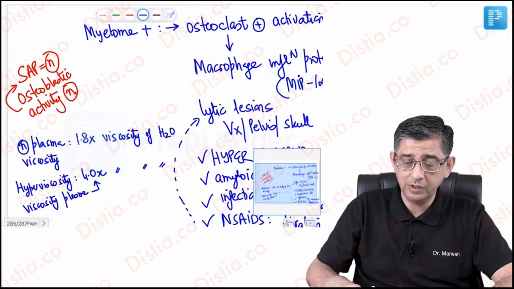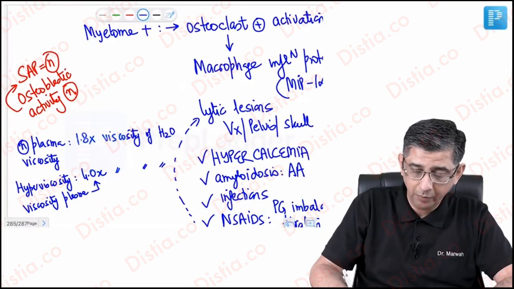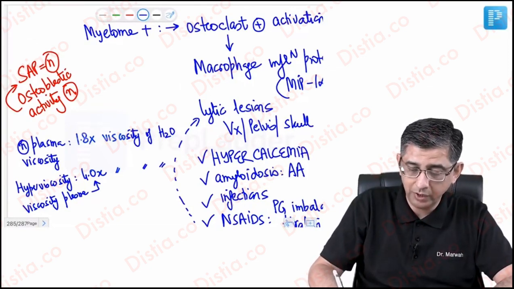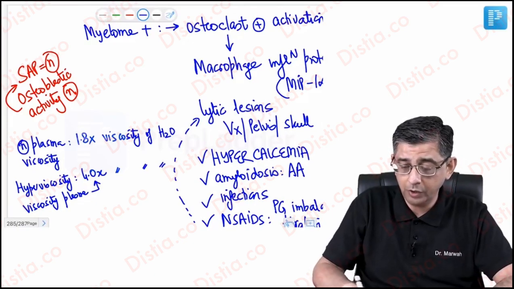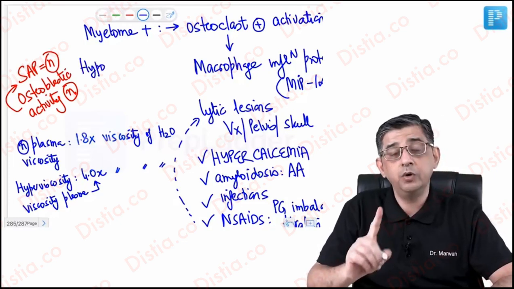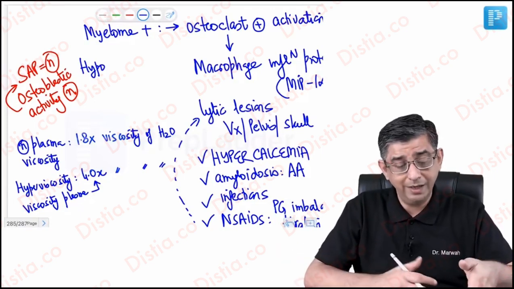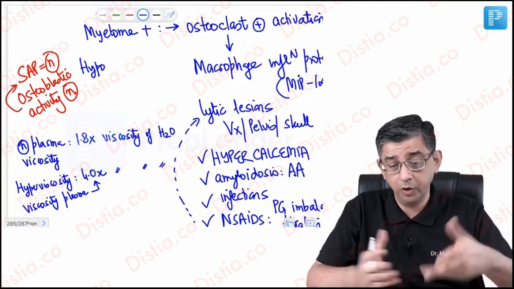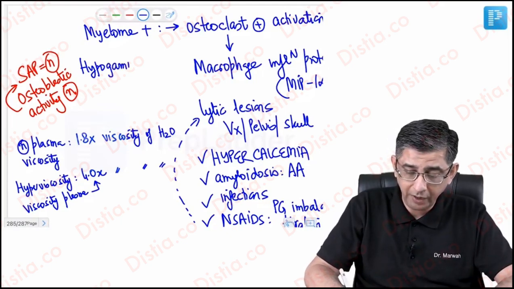And over and above this, these patients are also said to be suffering from hypogammaglobulinemia. And while I'm writing it, I do get a lot of pings from students. Sir, on one hand, you are saying that antibodies are being overproduced. Now you are saying that there is hypogammaglobulinemia. So listen to my description very carefully. I never ever said antibodies are being produced. I said light chains of antibodies. I never said antibodies. I said light chains of antibodies are being overproduced, and therefore the antibodies are ultimately defective. So this that I'm writing at the moment, I hope it makes more sense now.